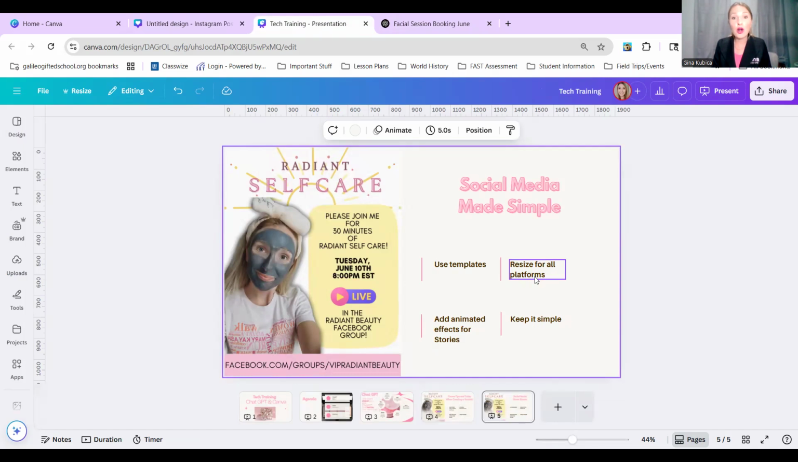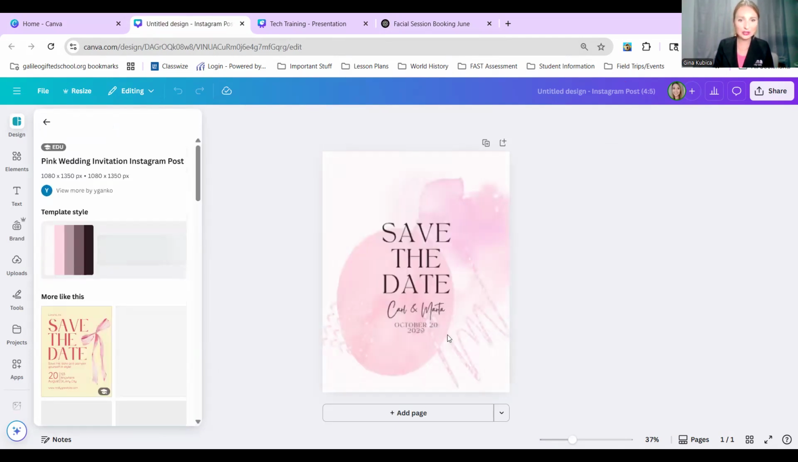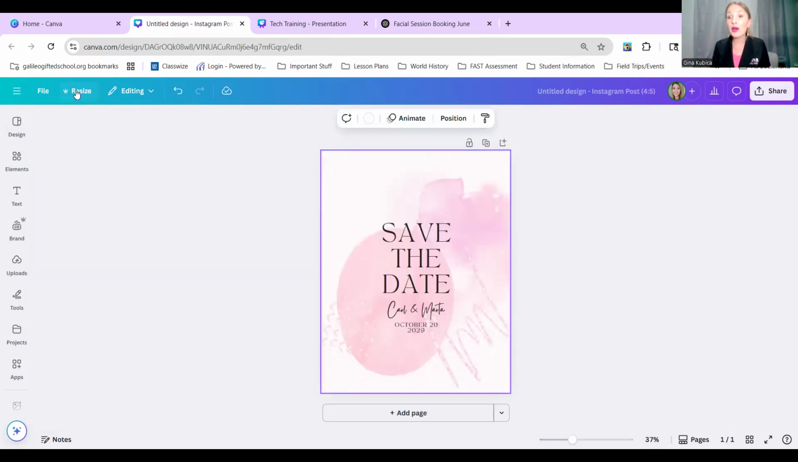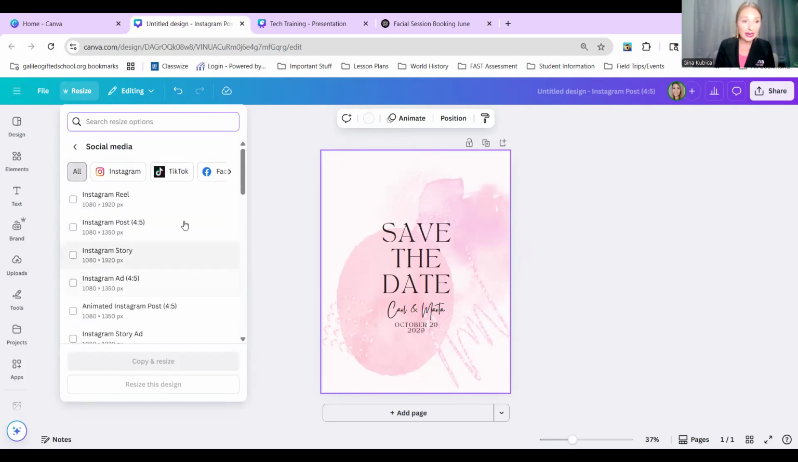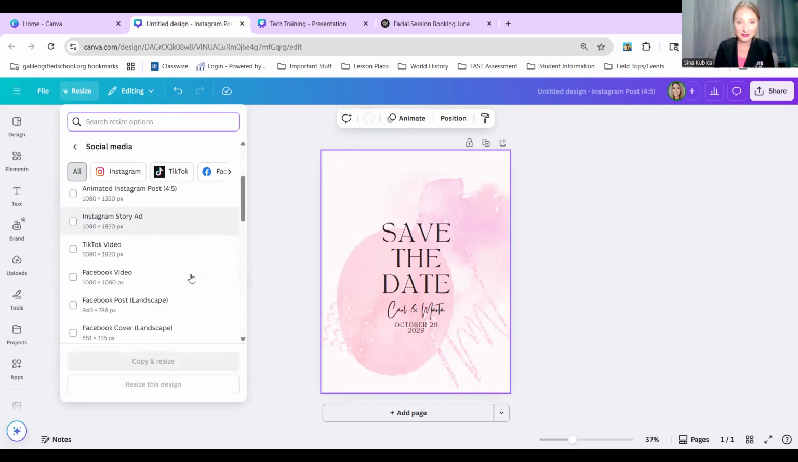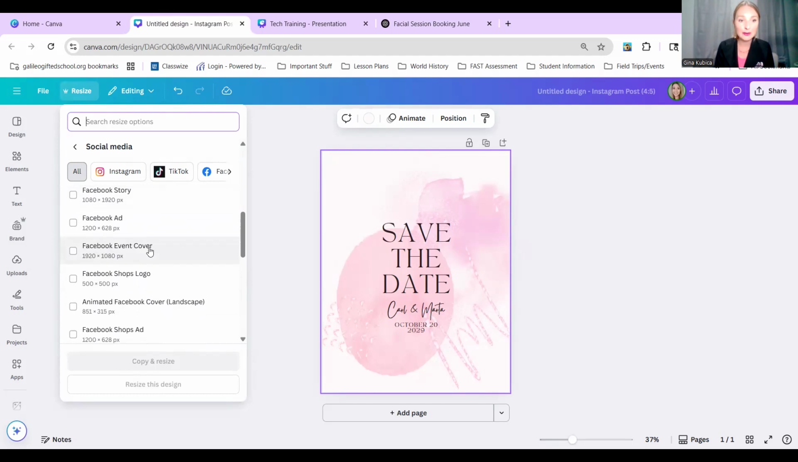You can resize for all platforms. So once you've created the thing, let's say we're just doing this one, okay? If you have Canva Pro, you can click this resize button here, and you can either create your own size, or you can go to social media here, and it's going to give you all of the sizes that you need. And when I resize it, let's say I'm going to resize it to make a Facebook event cover